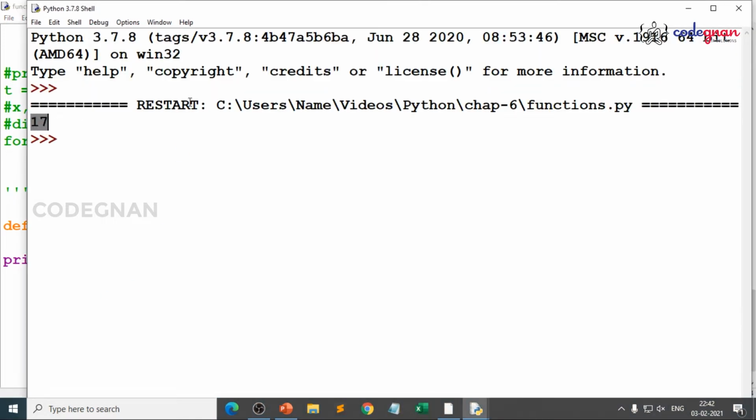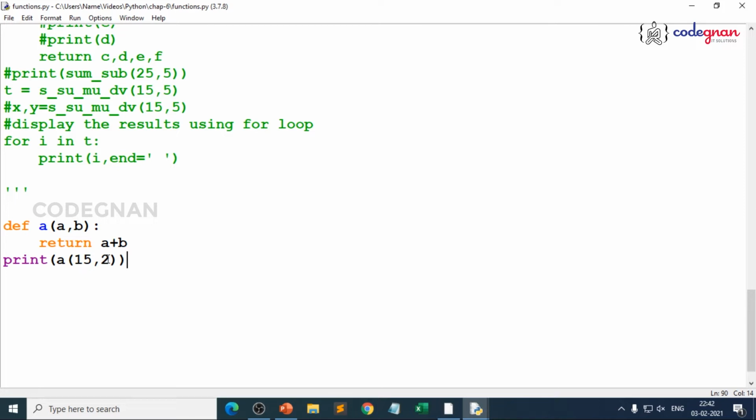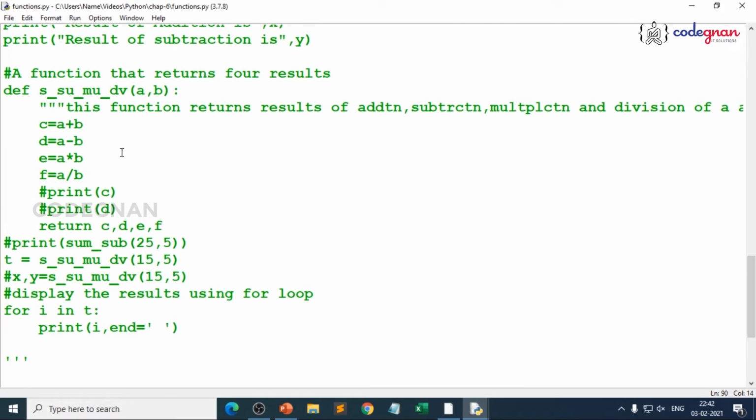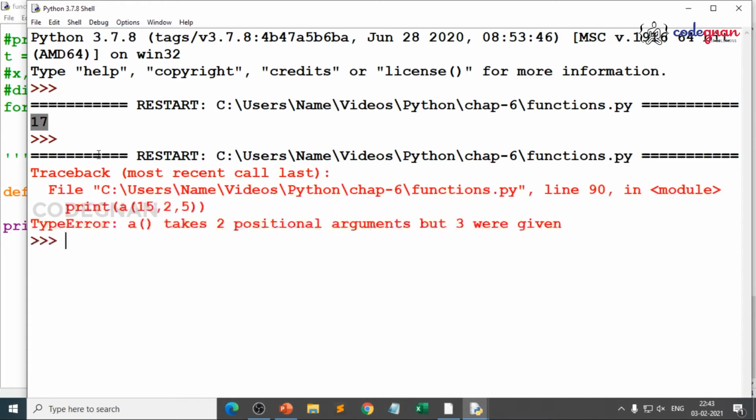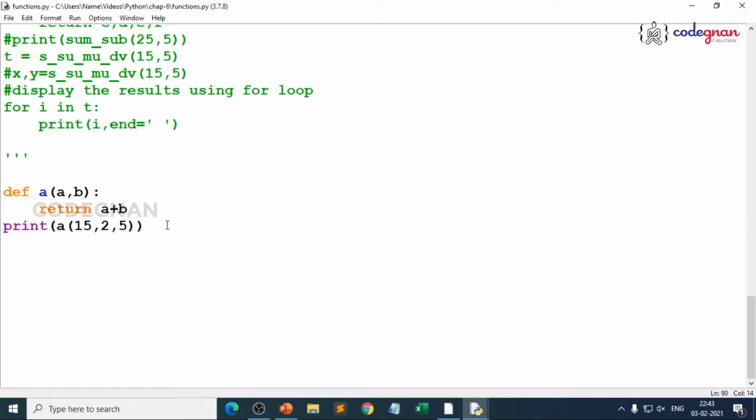You need not worry about that logic. But what if you increase the number of arguments here, something like if you write some 5, because I just gave a skeleton of a function here, I'm writing in a very simple way, but the best format is you need to write a docstring for every function you write. So when you execute this, you will get an error clearly. You see, a function takes 2 positional arguments, but 3 were given. That's where you have positional arguments. And if you define a keyword, that keyword should match and the count should match, and you can make one argument as default. That's where you have different types.